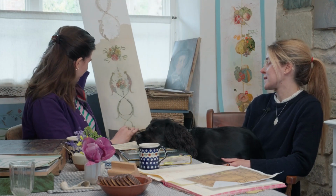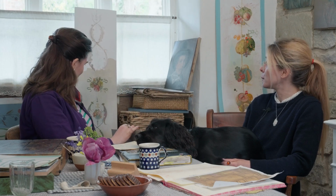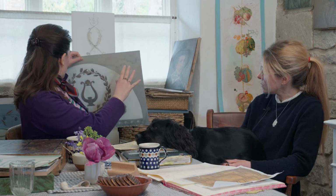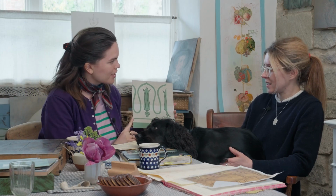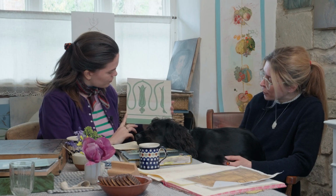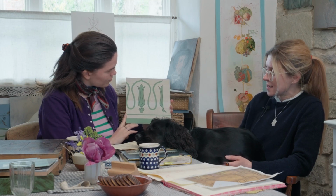But it's very helpful to establish your basic color palette, working on something small. And the style of composition and that sort of thing. Exactly. I'm trying to think what else I have around me. This is a much more simple kind of repeat, right? Yes. So this is a sample done for a project that unfortunately didn't